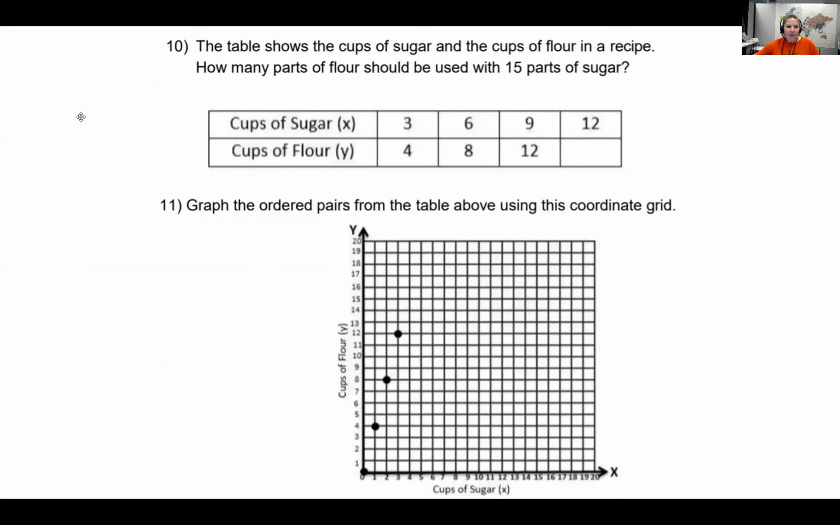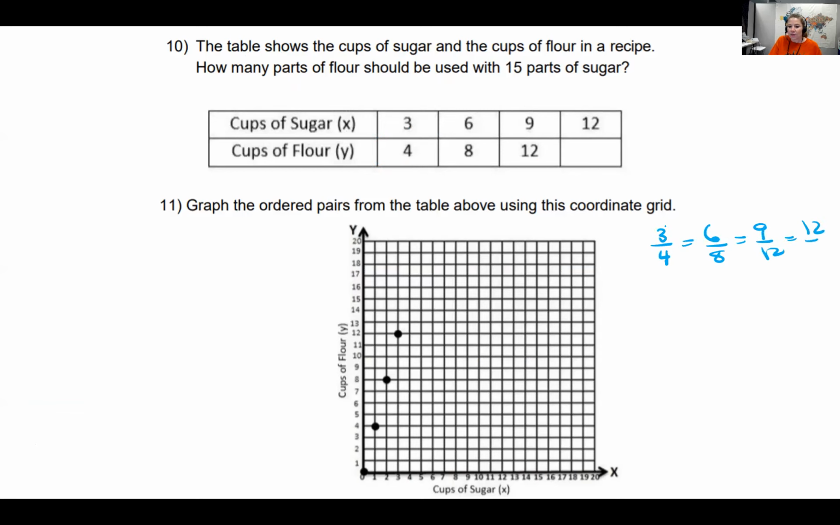The next one says the table shows the cups of sugar and the cups of flour in a recipe. How many parts of flour should be used with 15 parts sugar? So if I want to make sure I know the correct quantity of cups, well, I know that all these ratios have to be equivalent. So 3 to 4 is equal to 6 to 8, is equal to 9 to 12, is equal to 12